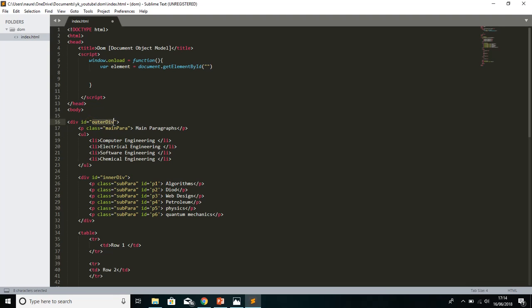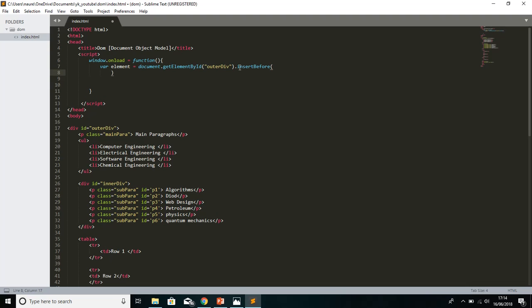So what I do, I just copy and paste. So I'm passing this ID and it's outer div. Now what I do, I just use dot. I'm doing concatenation, and it is insertBefore. This is a keyword we are using. Insert before